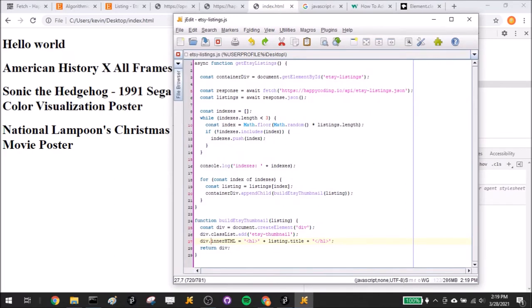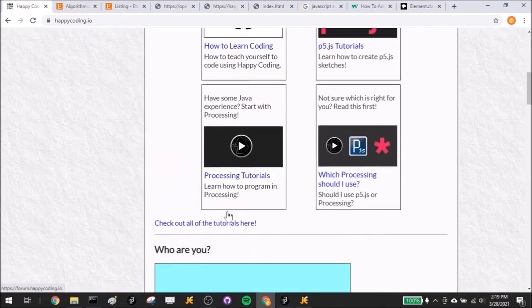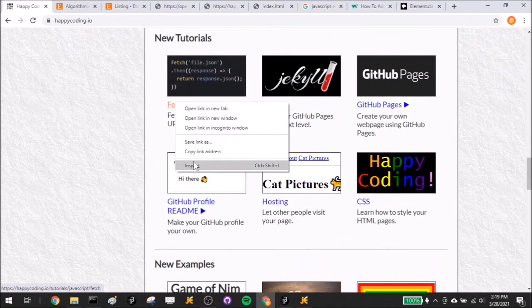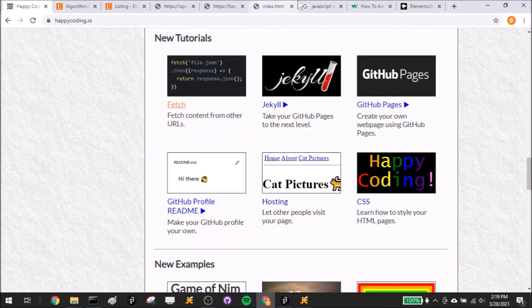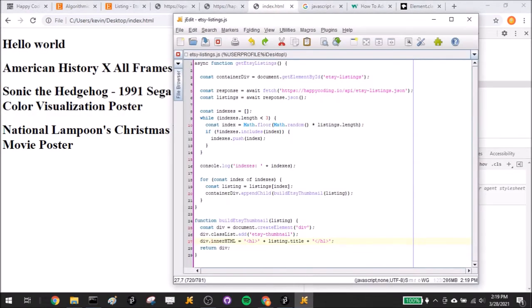So let me maybe take some inspiration from how I already do it on my website. What are these things? What is this? This is, oh, it's just an A, which I guess makes sense. Yeah, okay, I buy that. So what am I going to do? I'm going to say it's going to be like an A followed by an image followed by maybe a description. Yeah, okay. So innerHTML equals